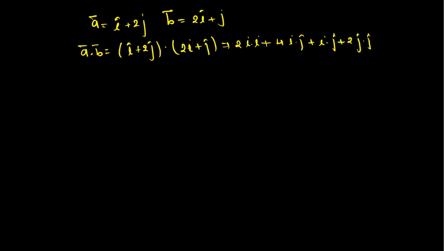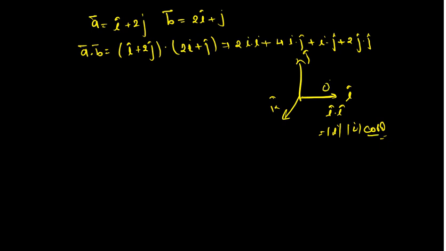See, these are my coordinate axes. This is i, this is j, this is k. If I am multiplying i and i, it means i dot i, and we know it is mod of i, mod of i, cos theta, where theta is the angle between the two vectors. So theta for i and i will be 0 degrees, so cos will have value 1, and the magnitude of these two vectors is 1 only. So its product will be 1.